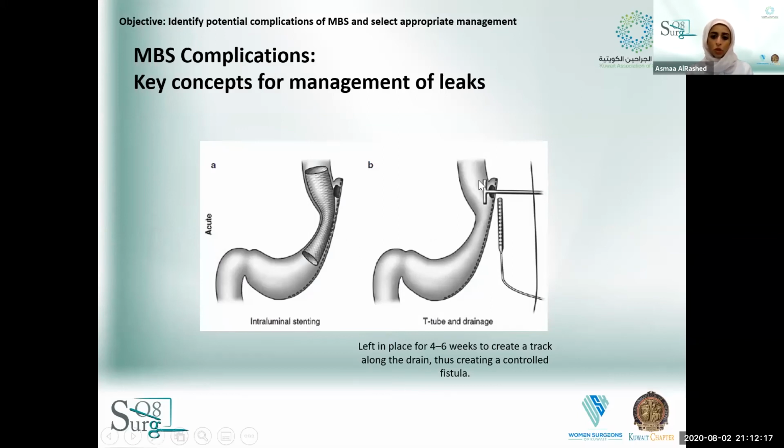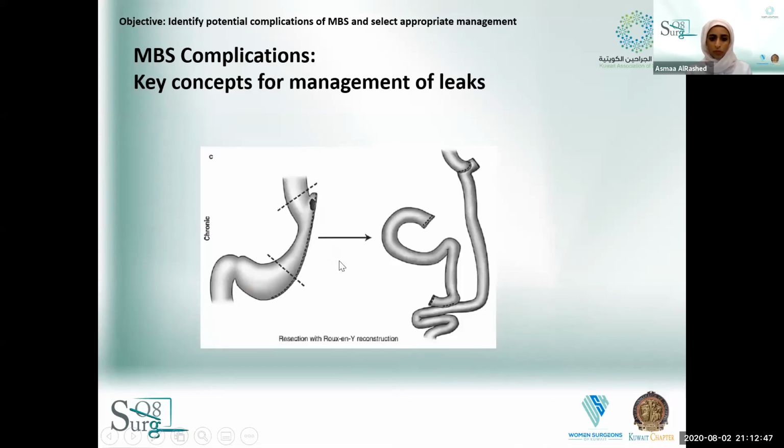So this is, for example, a picture of a T-tube here on the right side in B. You can see that you will put the T-tube into the hole, for example there, and extend it extracorporeally. The idea is that you're going to leave it there for about 4 to 6 weeks, and then gradually try to track it out to create a controlled fistula. The other photo here is about stenting that you can put. We're not going to talk about the details of how to place them, because that's a different talk, but this is one of the things that you can do. This is if your patient has a chronic leak, and then eventually you need, for example, to resect that part and do your